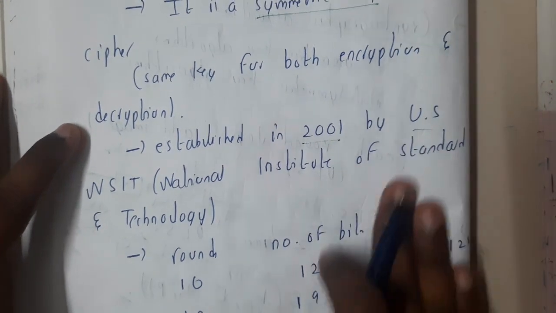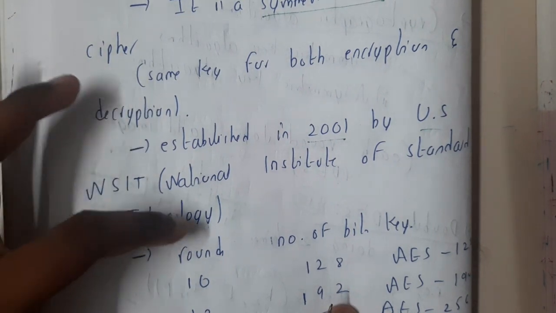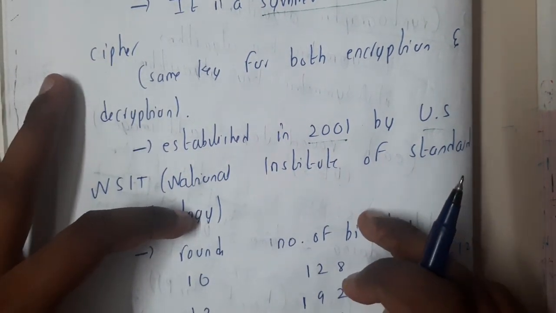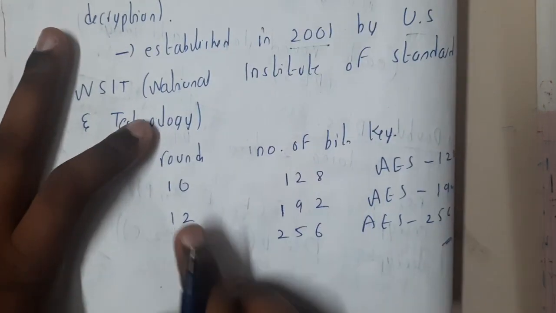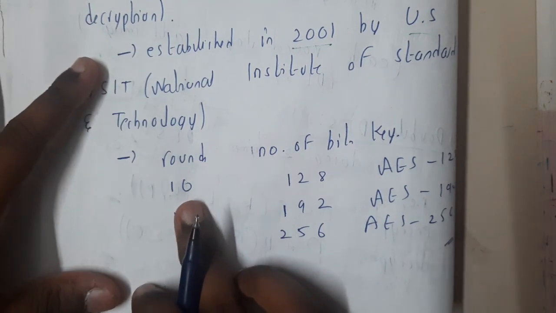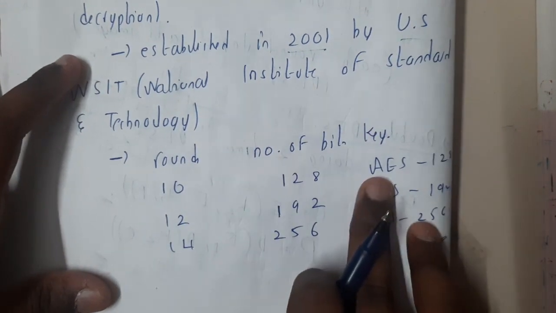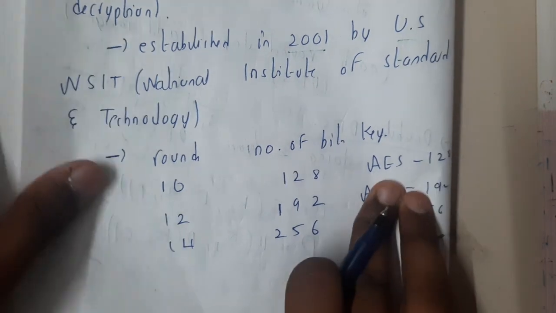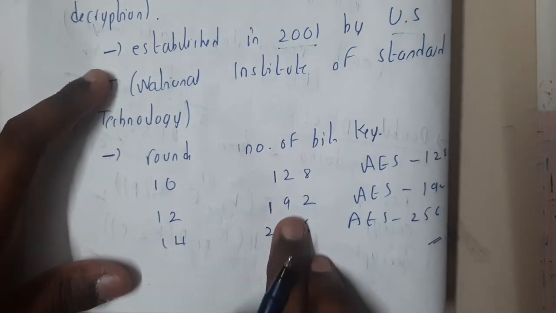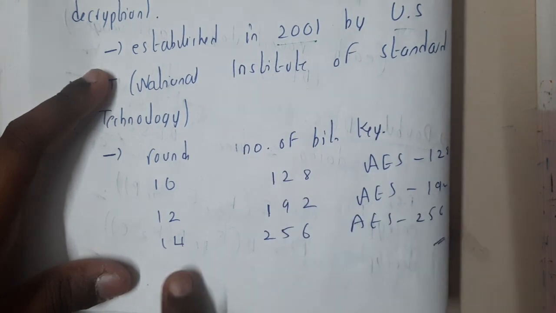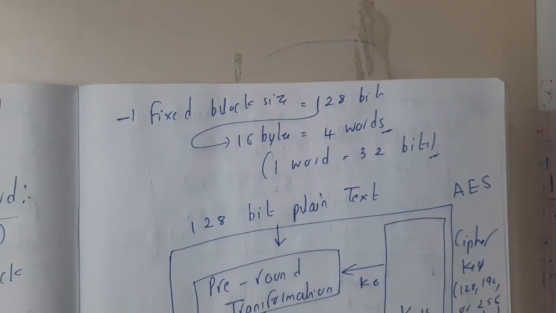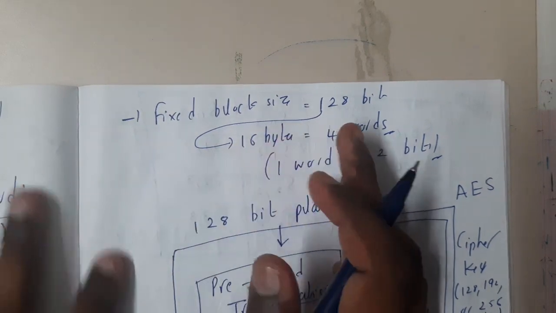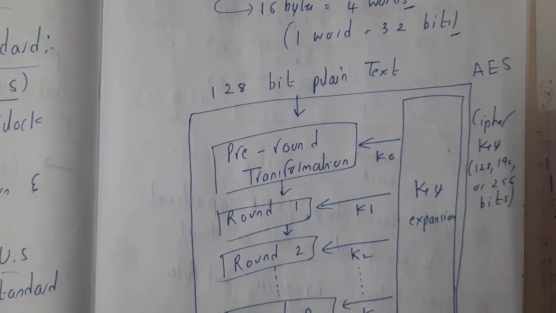in 2001 by the US. Basically here, depending on the keys, the number of bits of the key will decide the name, guys. If the rounds needed are 10 and the key is 128, then we will be calling it the AES 128 version. Similarly, if it is 12 rounds and 192, it is the AES 192 version. If it is 14 rounds and 256, it is the AES 256 version. Based on these rounds we will be doing the operations. So basically here I am saying it is of 128 bits, 192 bits and 256 bits, right?